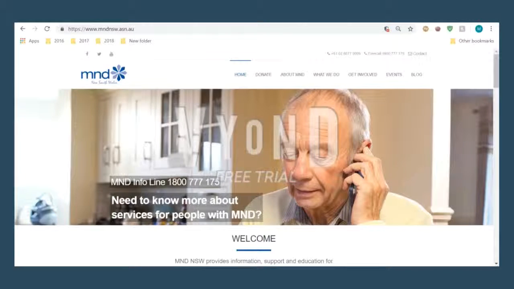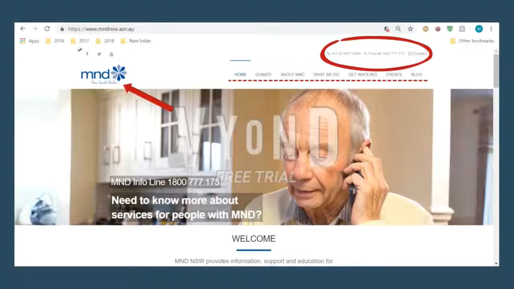Comparatively, we can examine the homepage of MND New South Wales. As their focus is primarily on providing support and care to those impacted by MND, they utilise a more welcoming, informative approach. MND New South Wales uses a navigational toolbar in the top right corner, with their logo found only to the left. Above the navigation bar are links to contact details, as well as social media, establishing them as